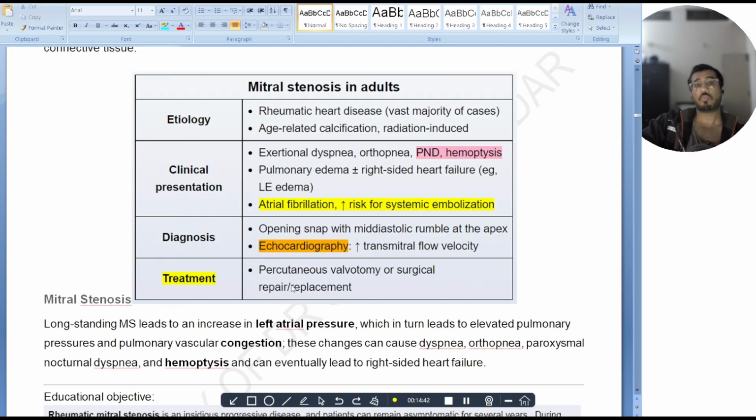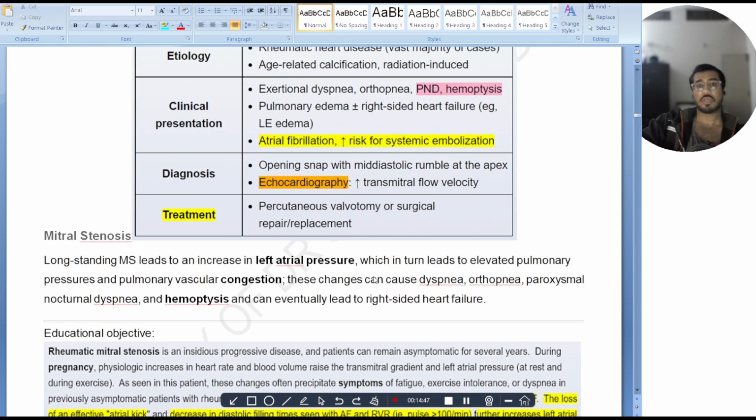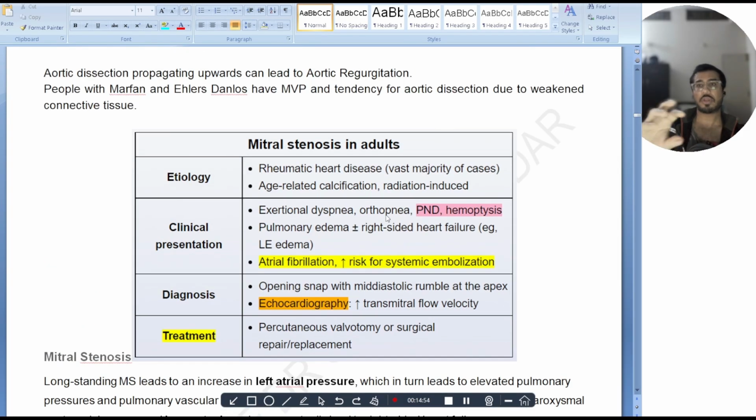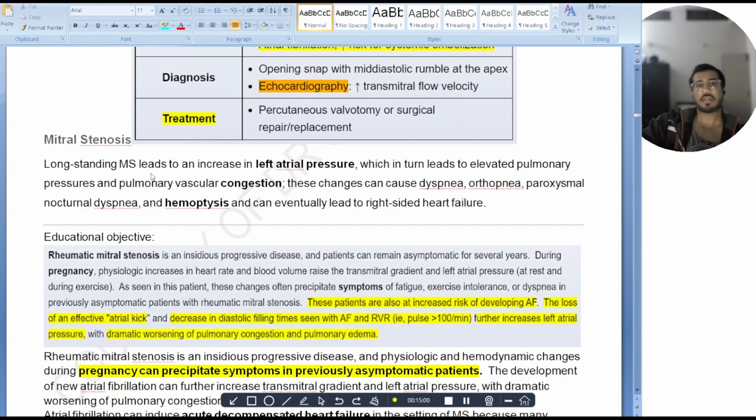Treatment: balloon valvulotomy or balloon dilation, so percutaneous valvulotomy or surgical repair. Basically, they do a balloon valvulotomy where they push a balloon inside the mitral area and open it, expand it, and that relieves the stenosis. Long-standing MS can lead to an increase in left atrial pressure, which in turn leads to increased pulmonary pressure, pulmonary vascular congestion. These changes can cause dyspnea, orthopnea, paroxysmal nocturnal dyspnea, hemoptysis, and can eventually lead to right heart